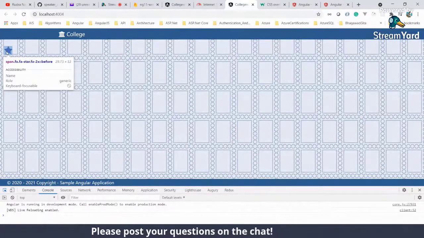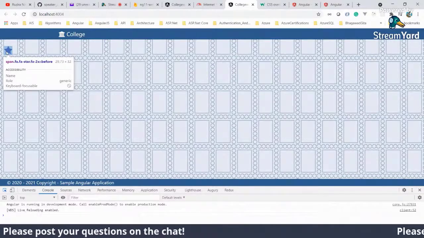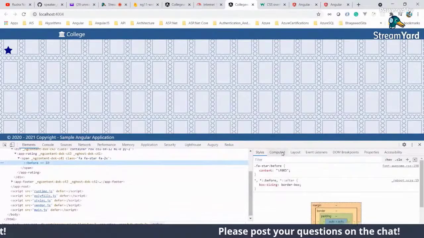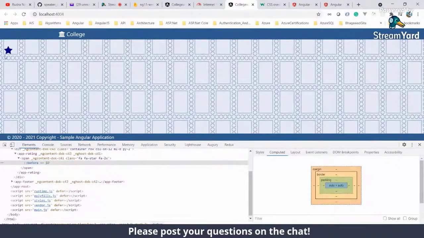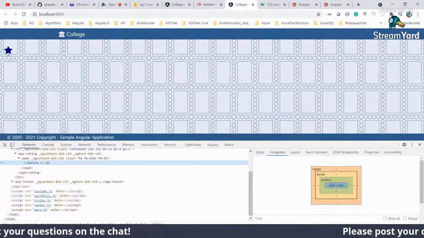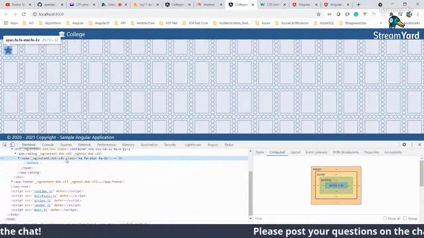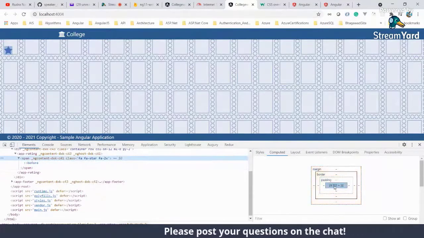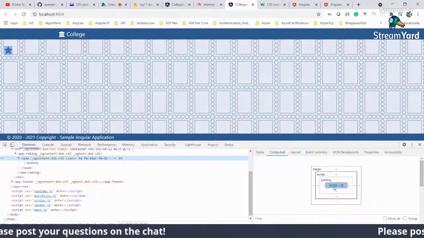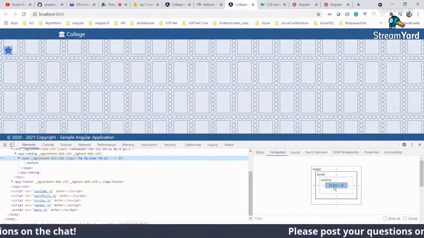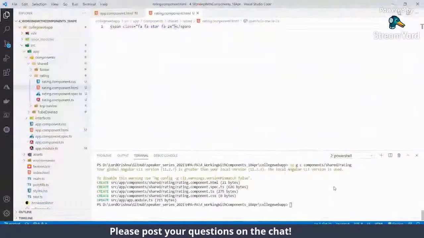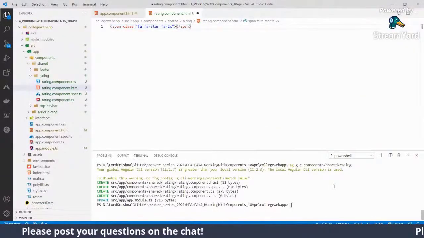So it's almost 30 pixels. You can see this when I click it and go to the computed tab and select this. So you can see this star. It says 29.72. It's almost 32 height and 29.75. It's almost 30 pixels. Now if you want 5-star ratings, what we can do is